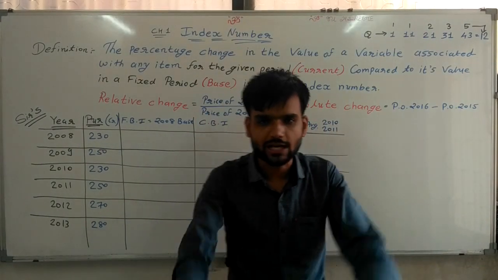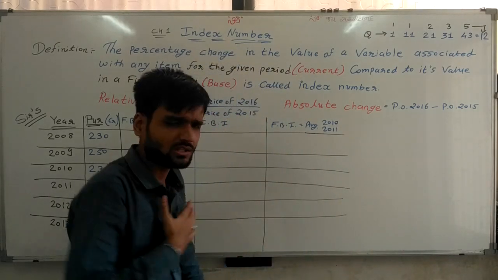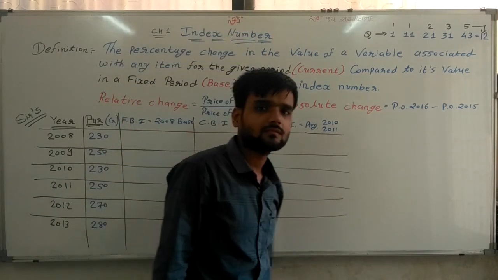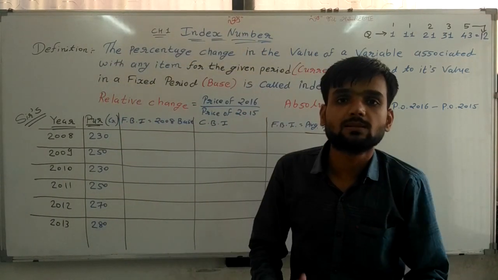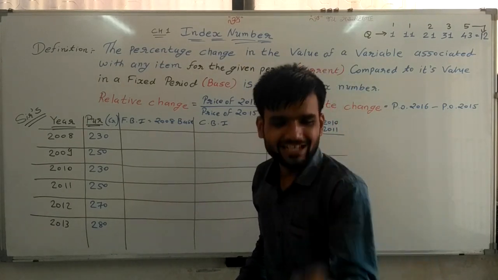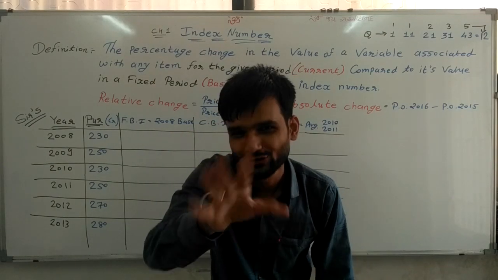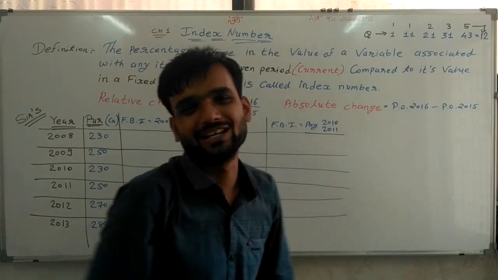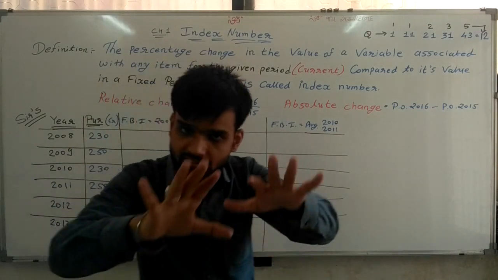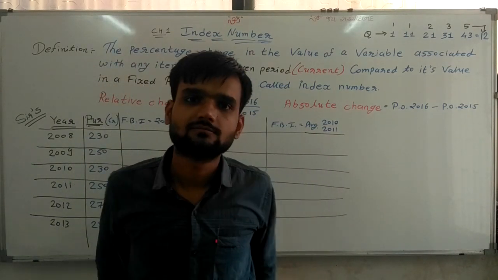So first of all, try to understand what is meant by index number. What is index? In each book, the first page is an index. No, that is not the index number here. It is not that index. It means it's an index, but this index is not that index.